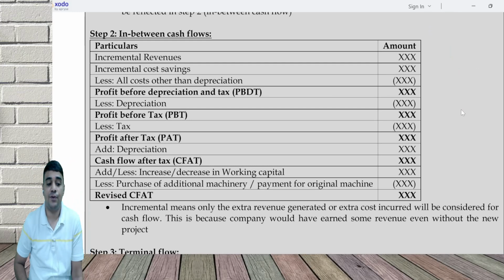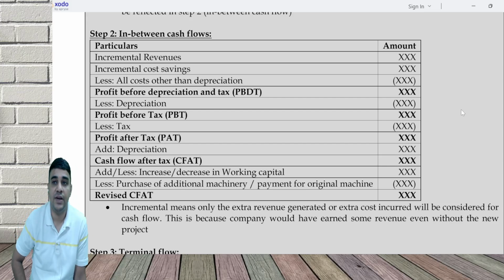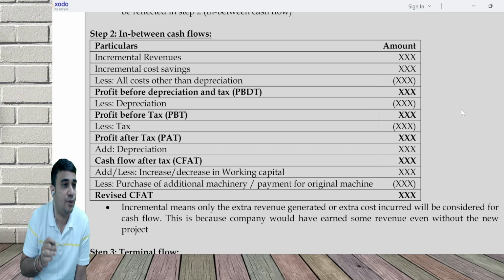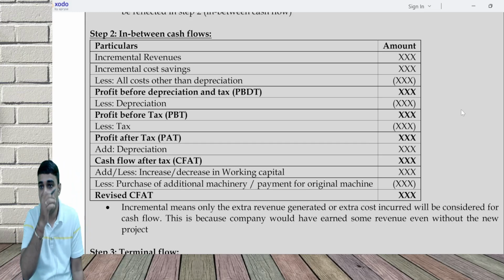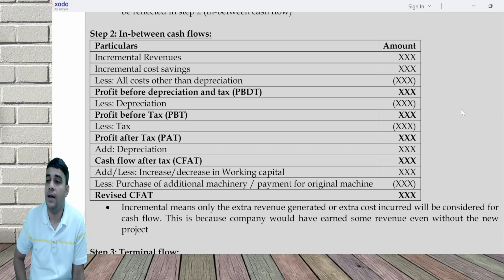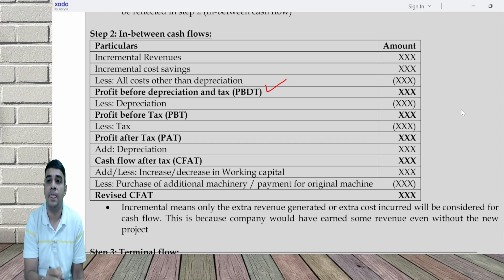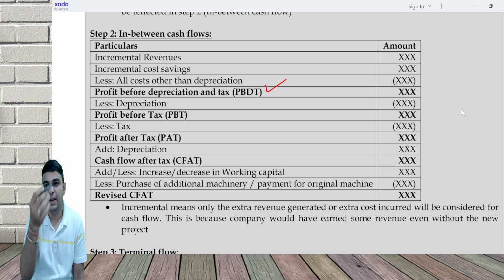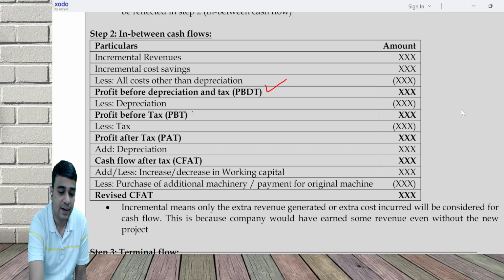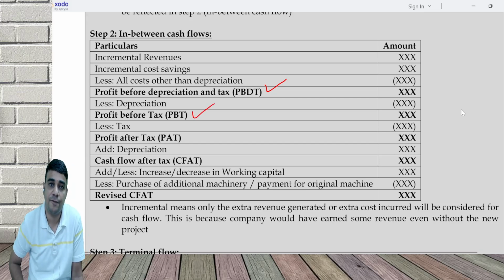In incremental cash flow, start with how much extra revenue you are making and how much extra cost saving. Any saving in cost is like a revenue. Deduct all cost other than depreciation, or with depreciation, that's your wish. If you deduct without depreciation, it's called PBDT. Many a times I deduct even with depreciation and directly give PBT, profit before